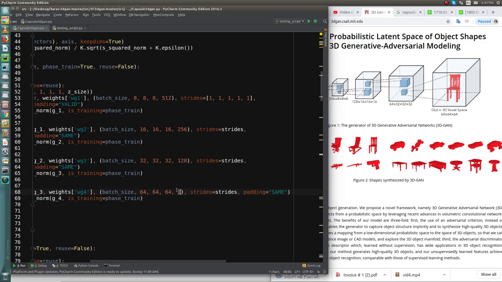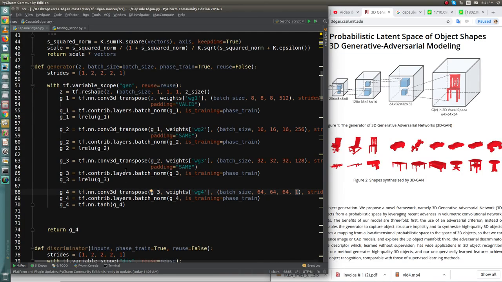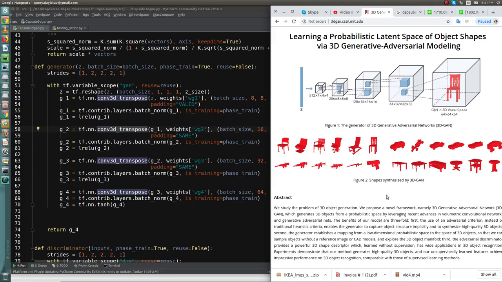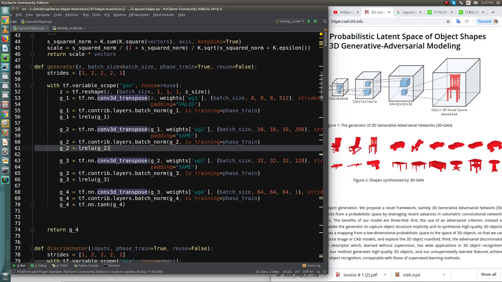I use convolutional 3D transpose layers for generating this model. The same he did, but he did it in PyTorch. I use TensorFlow because I'm not very skilled in PyTorch.